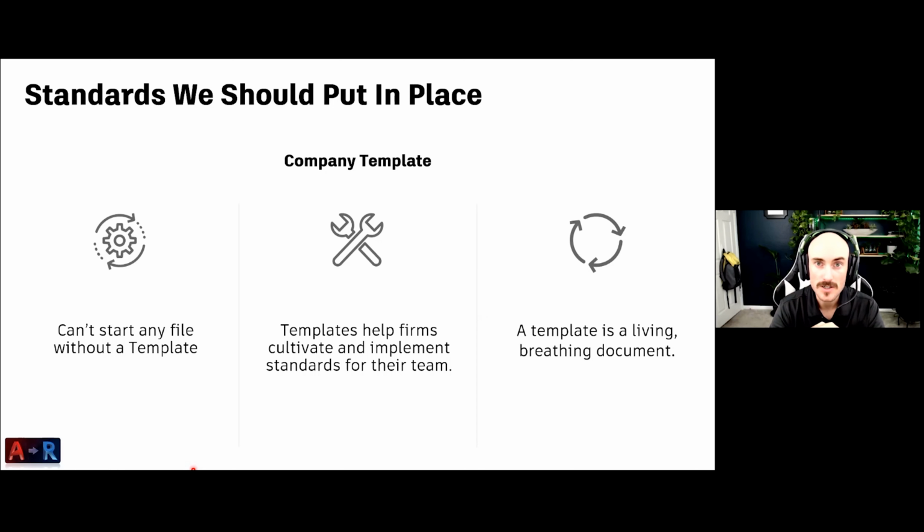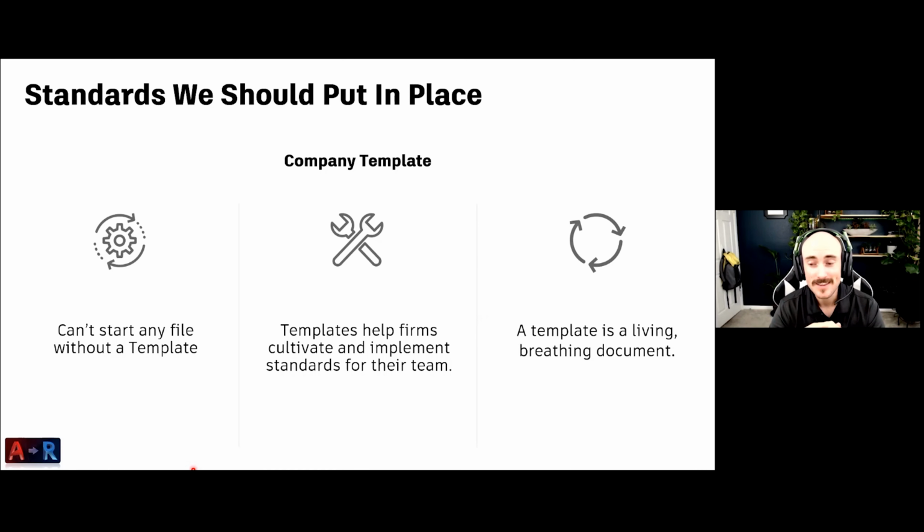Those are a .rte extension. You can also have a .rvt if you wanted to as your template. Just be aware it could be overwritten. The only reason why you'd want to have a .rvt as your template is because you want to have a template that already has worksharing enabled, which we talked about before, which is having that live collaboration, simultaneously collaborating on a document. That's what you would do.